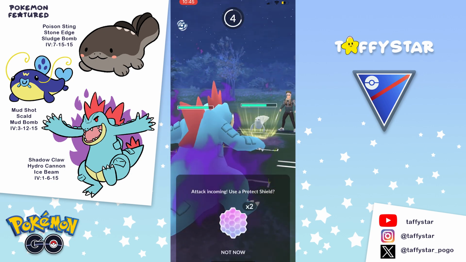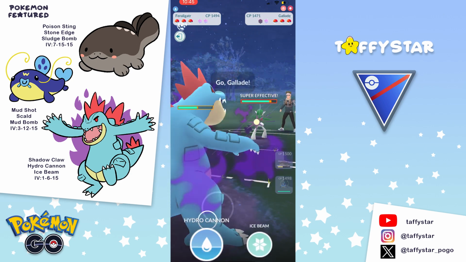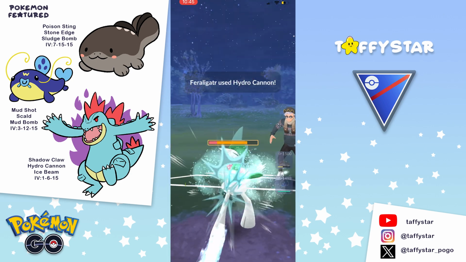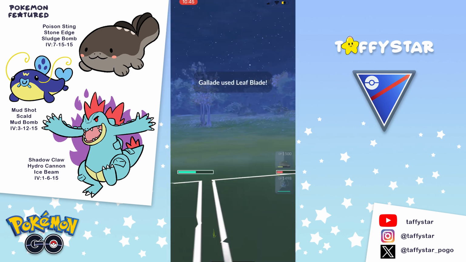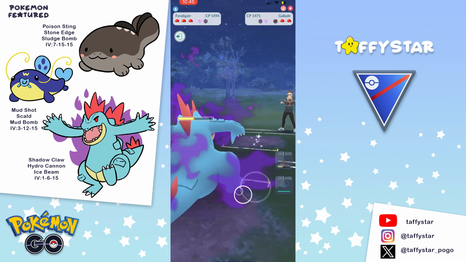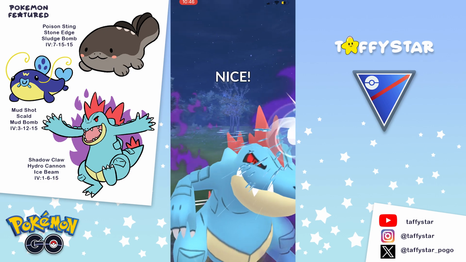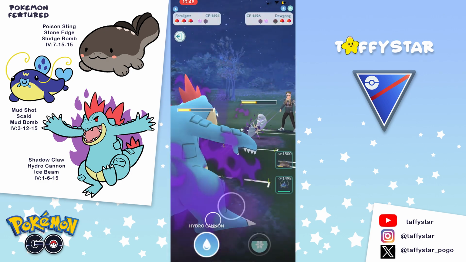Up first, we are going to be faced with a Dugong, which is not going to be great for my Clodsire. Clodsire is going to be taking super effective from Dugong. Now, I go for a Stone Edge and they shield, and then I switch into my Feraligatr, and my opponent brings in a Gallade. I am actually able to land a Hydro Cannon on it and then Shadow Claw it down. Of course, I had to shield once for the Leaf Blade, and then my opponent brings their Dugong back in,